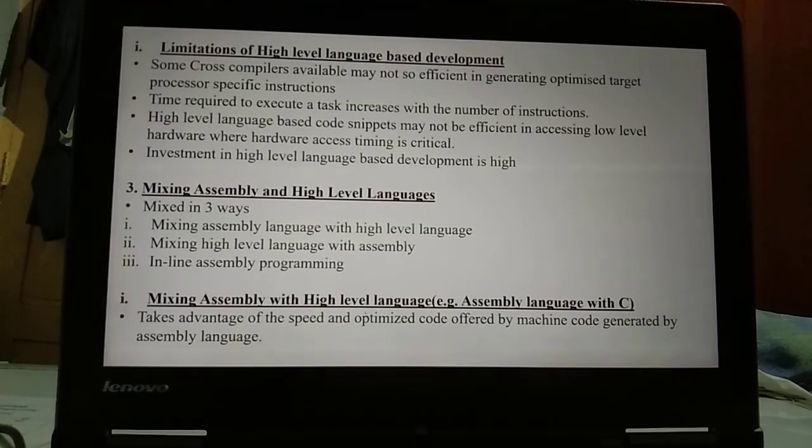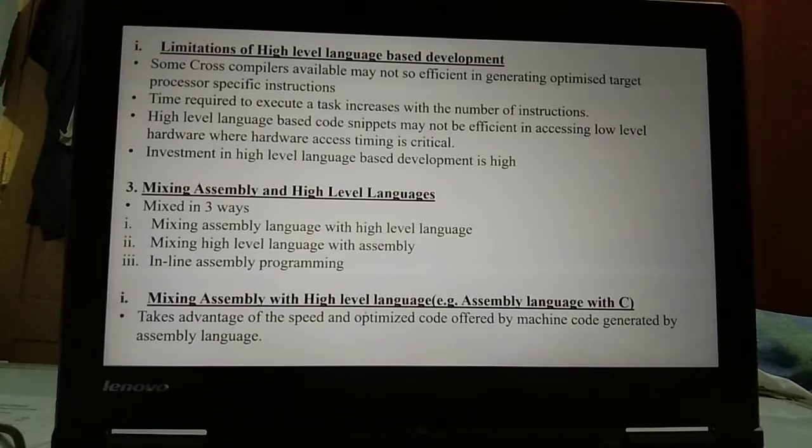Consider the whole program is written in C and we are using an interrupt service routine which is written in assembly in the C language. This is because C language does not have a feature to implement this interrupt service routine in a more efficient way.